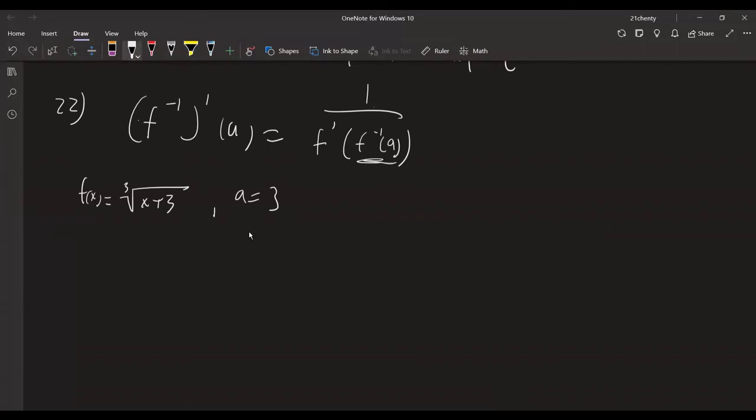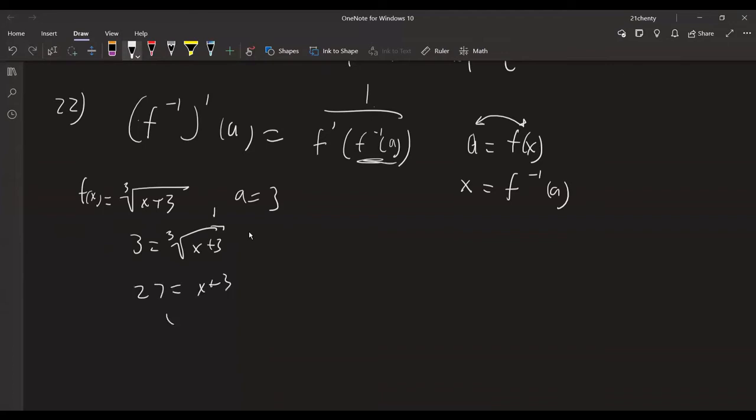F prime of a is just saying, you could find the inverse function, or you could just say a equals f of x, right? Because the x and the a switch places. This is just saying x equals. So we can just say 3 equals cube root of x plus 3, so we cube both sides, 27 equals x plus 3, x equals